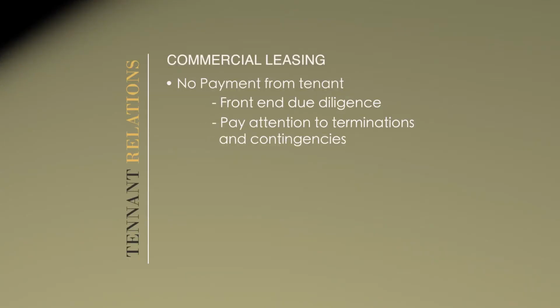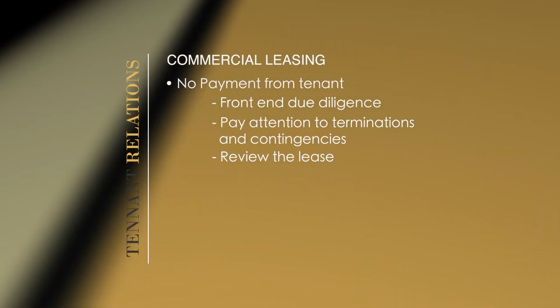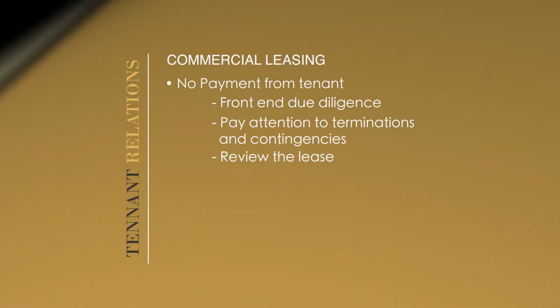In Texas, you can always go to court. You can get an eviction, you can file a lawsuit and go through that process, but that can take months. That can take more time than is usually feasible or is cost effective. When someone doesn't pay, the first thing you need to do is look at your lease, because in a commercial situation, there are remedies and rights that a landlord has and can negotiate if he does it on the front